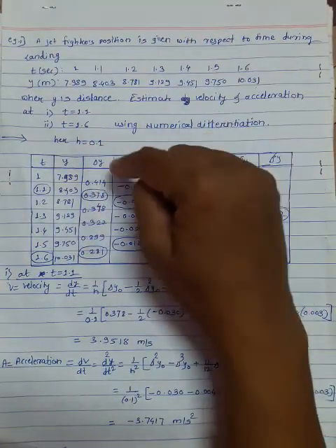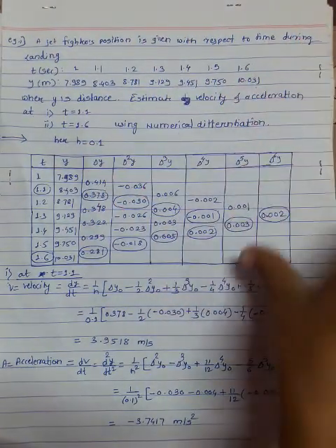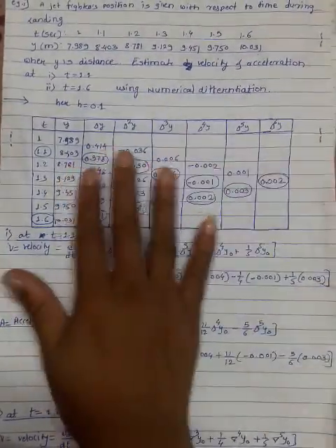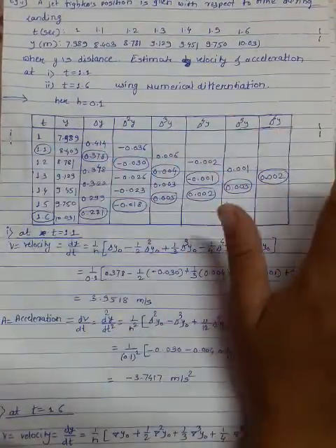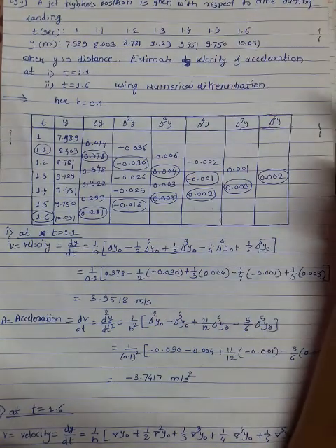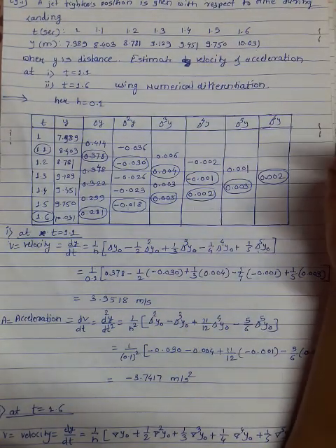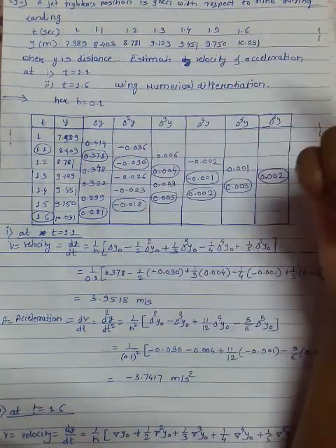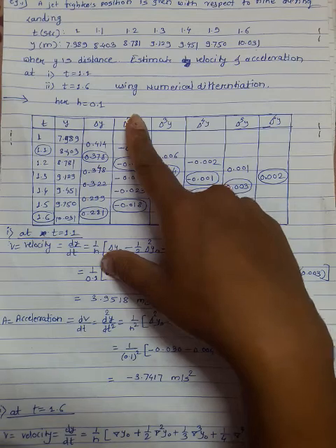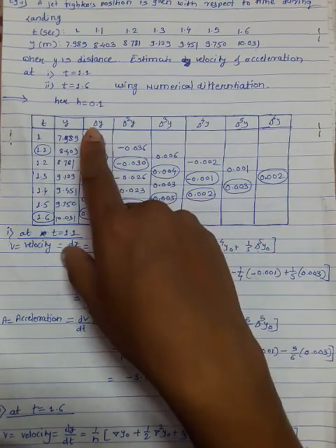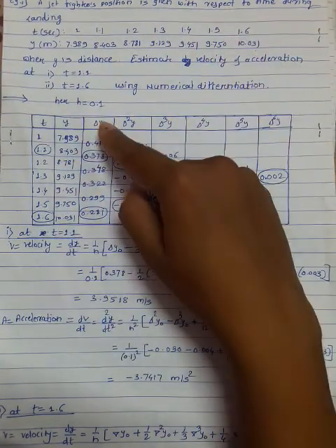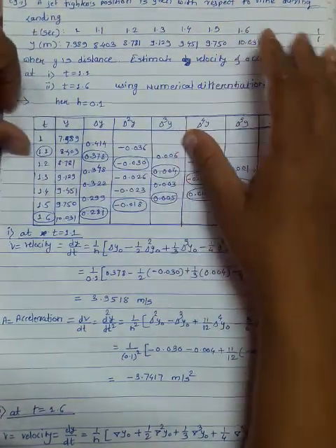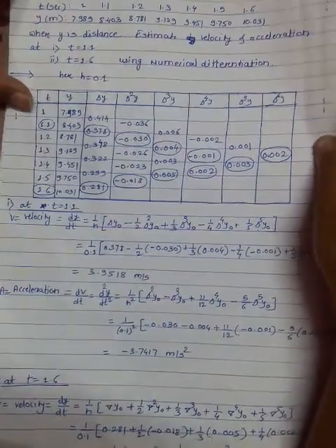For that we have to use the numerical differentiation formula. Whatever the formula, the tables are the same for all three of them. Whether you are using the numerical forward difference formula, the backward difference formula, or the Stirling formula, the table and its calculations are the same. For forward difference you write del, and for backward difference you write reverse del. That is the only difference. Now let us see how to make the table.